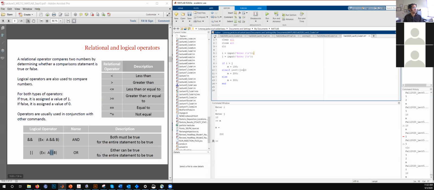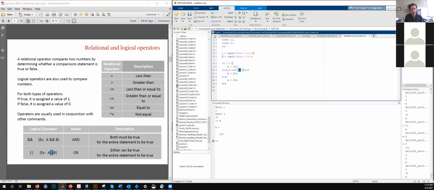So this means that either can be true for the entire statement to be true. Yeah, so whoever was the first student to respond was actually right, and I was wrong, I think. If this is true or this is true, then we get m is equal to 200, which is what we got. We did not get m is equal to 300.